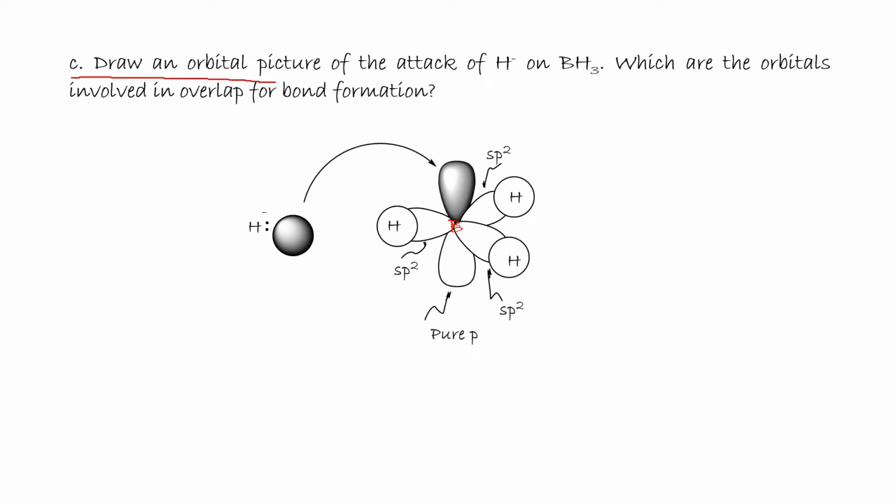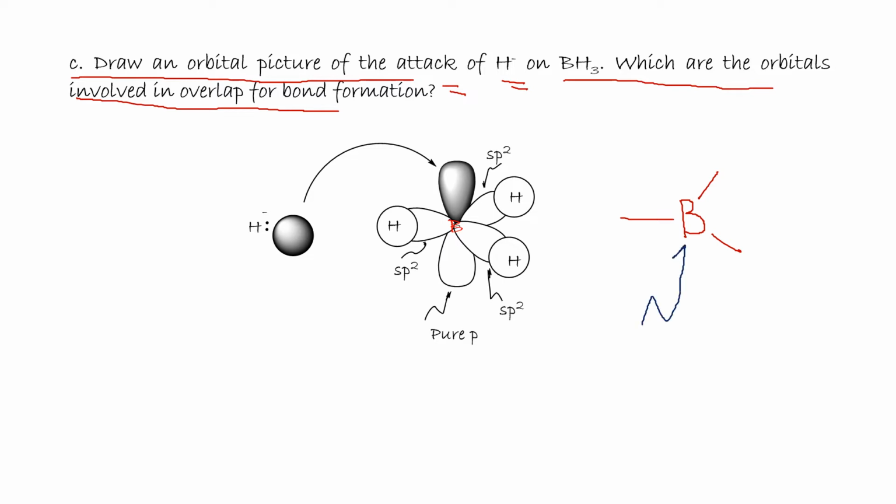Draw an orbital picture of the attack of H minus on boron. Which are the orbitals involved in the overlap of the bond formation? For the boron in BH3, the hybridization of boron is sp2,